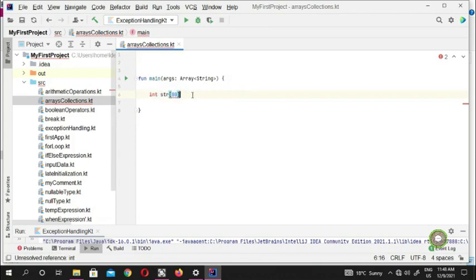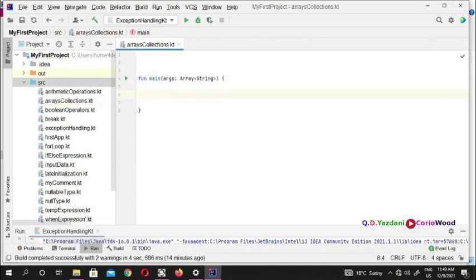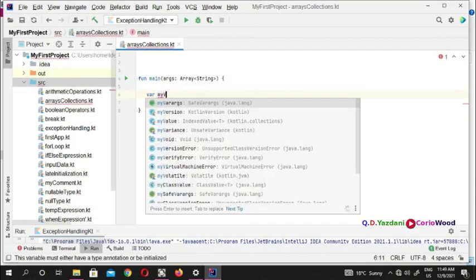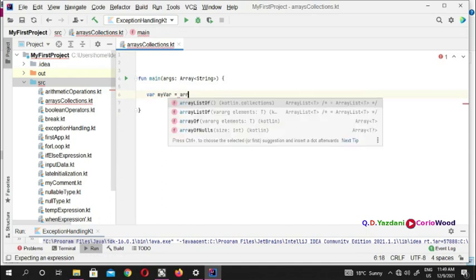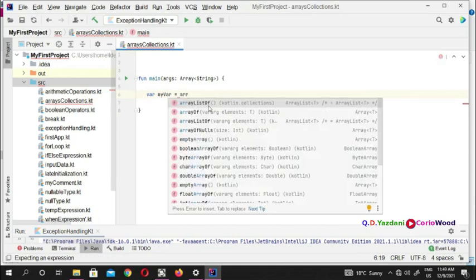So you can put, say, string, and that is how you initialize your array. You can do it this way too. In Kotlin, I'm going to show you, if you come here and go to var, my var, and put arrayListOf, if you look in here, Kotlin is very clever. It's inside the collection library of